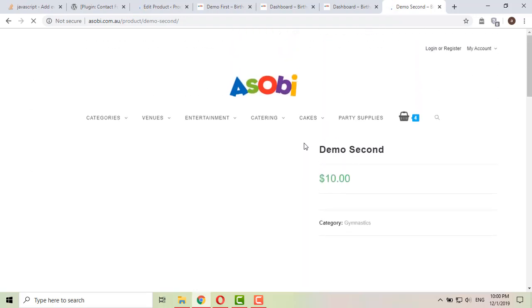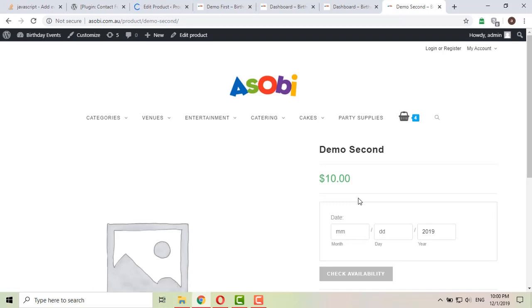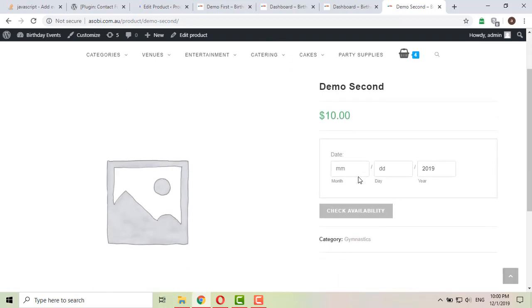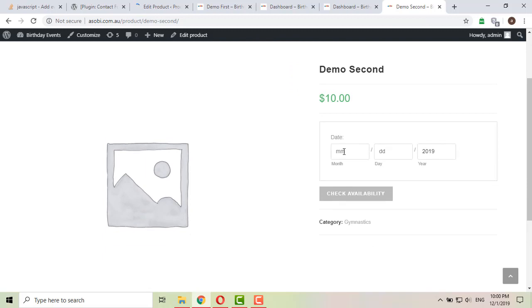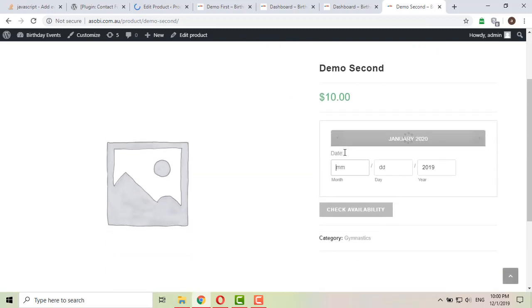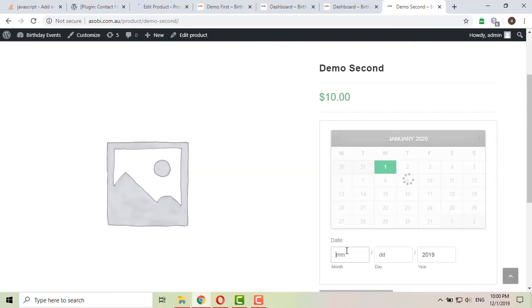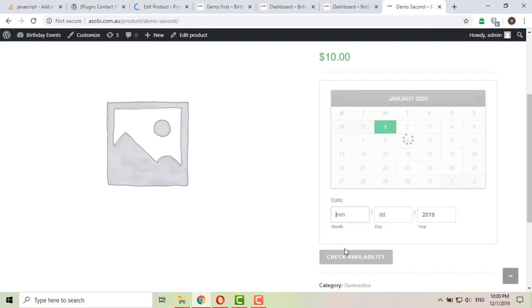It is still loading. Yes. So you will have to tell the date. This is the option that we have set previously. If you can remember, there are two options: show calendar on click or always remain open.